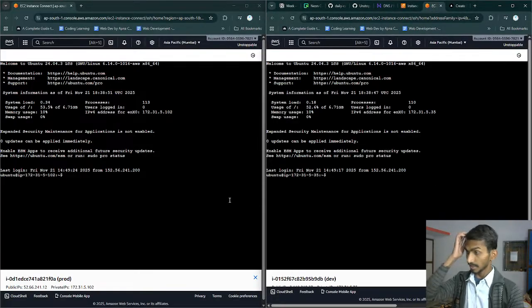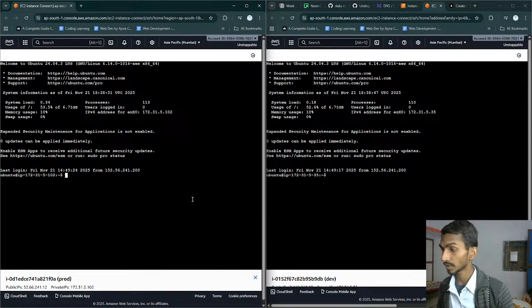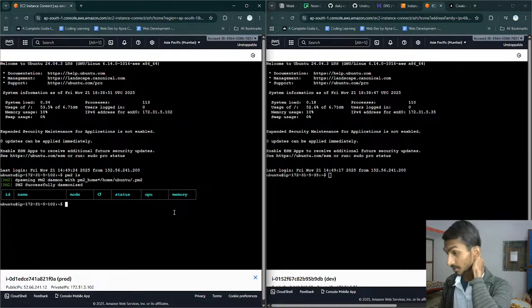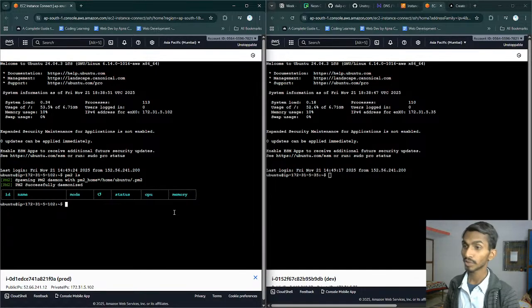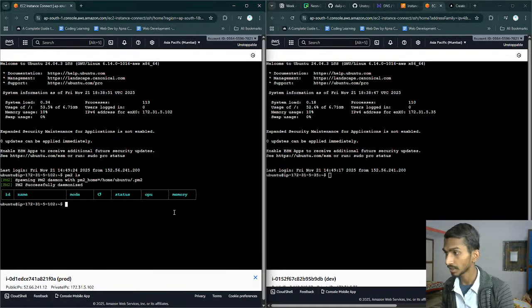Okay, these are the machines that I've got. First one is production, second one is development. I have to just simply run them. First of all, let's check pm2 status ls. Well, it's not running. We have to start it actually. Which one should I start? Production or development? Let's start the production one. It's gonna take time, but we can actually give this much time. That's not a big problem.